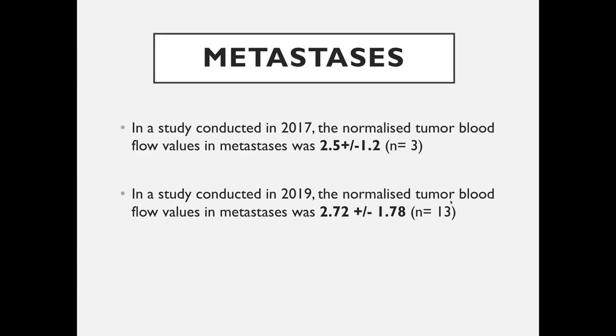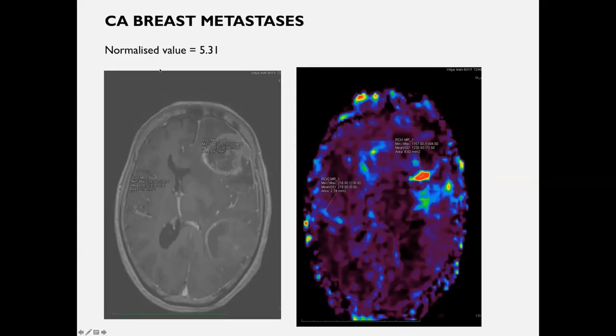But except those, if you get them from lungs or ovaries or somewhere else, we have some pattern. I am going to discuss that pattern, don't worry about it. This is a case of CA breast. I've already told you, CA breast are really hypervascular. Most of these mets are very hypervascular, though exceptions are there. I got a value of 5.31. This is not a usual pattern which I see in metastasis. I must confirm that this is not a usual value I get, but what I get I will discuss further on.